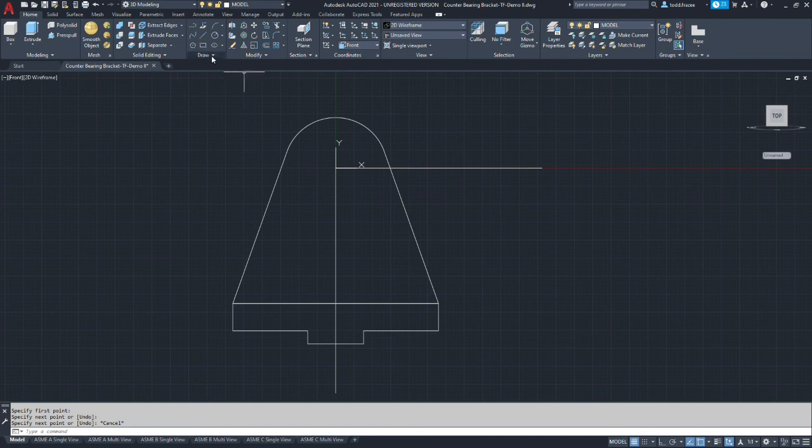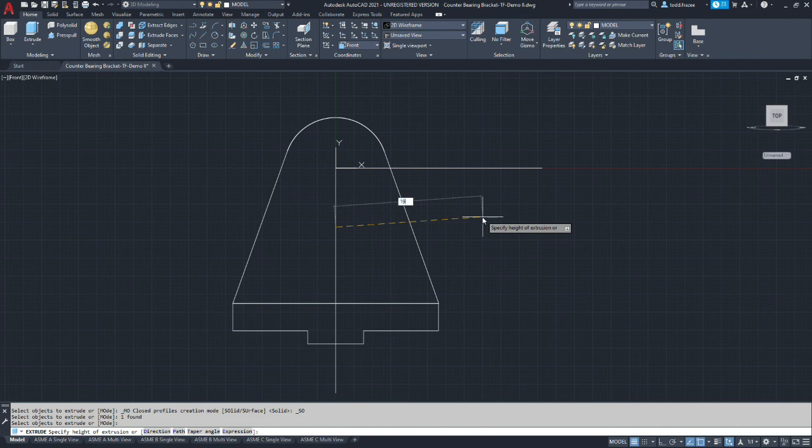Okay, so we're going to go to Draw, Region, and select the chains that make up our second extrusion, and hit enter. Okay, so we're going to extrude the tapered flange first. We're going to select the extrude command, and you're going to select the region. It should get all of it. If it doesn't, then you need to back up and create that region. Okay, we're going to hit enter to accept the selection, and then we're going to type in a distance.